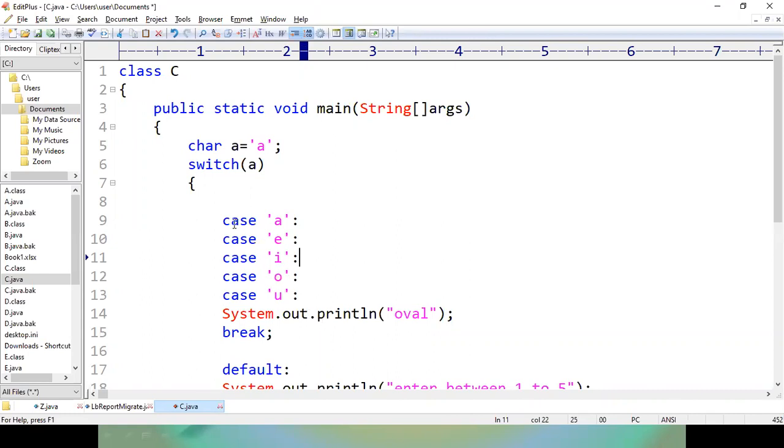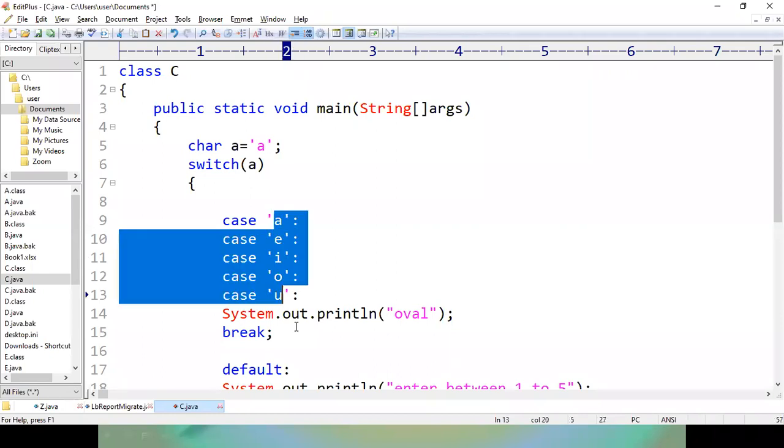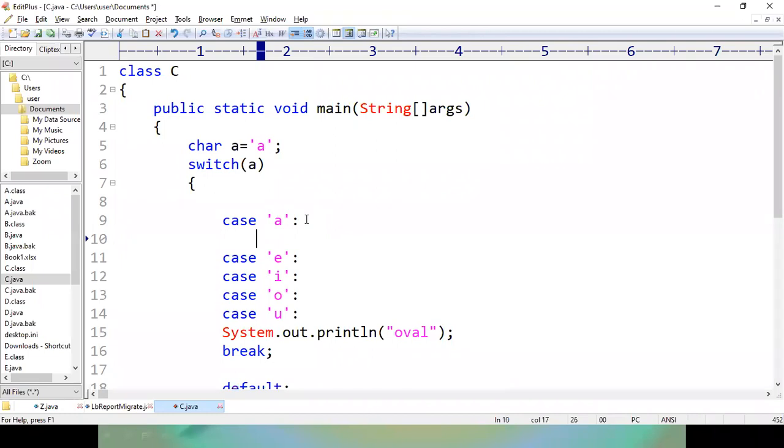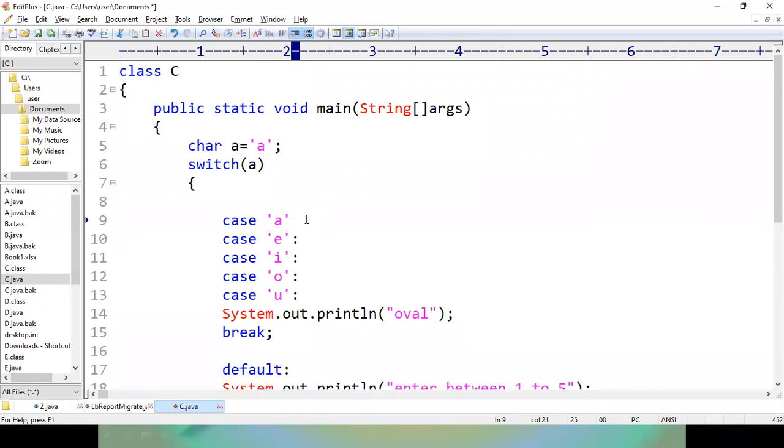See here, for case A, case E, case I, case O, and case U, the statement is common: we have to print vowel on the output. So I don't maintain a body for each and every condition. I just maintain a body for U, and I have written all these cases before it. If any of these 5 conditions matches, it is going to print vowel on the output.